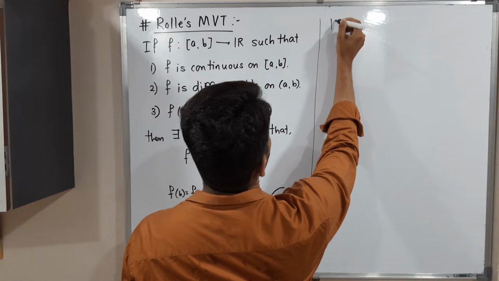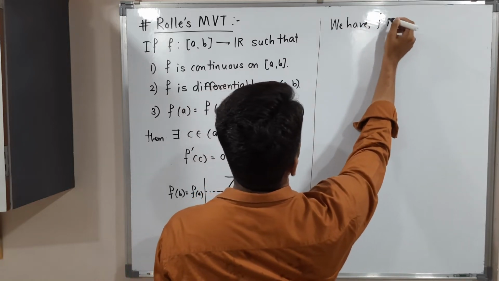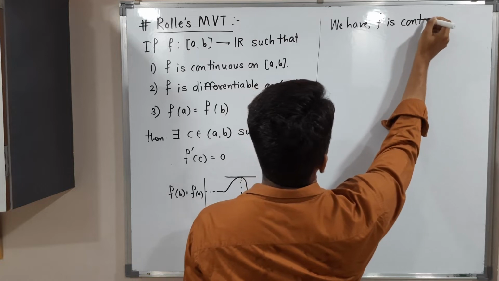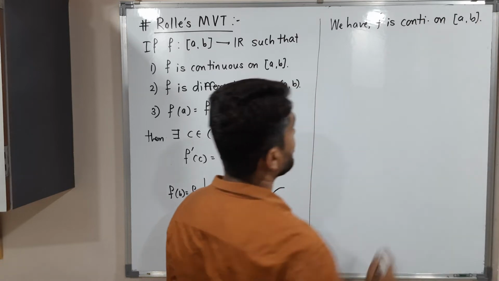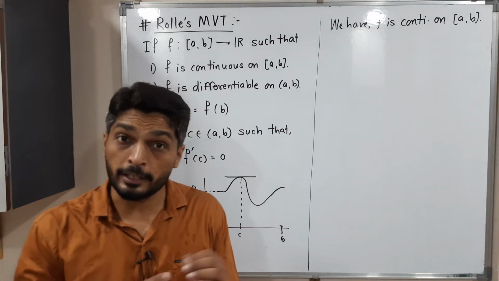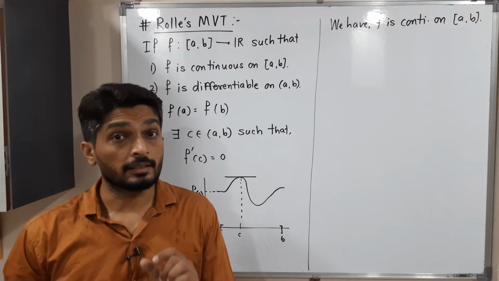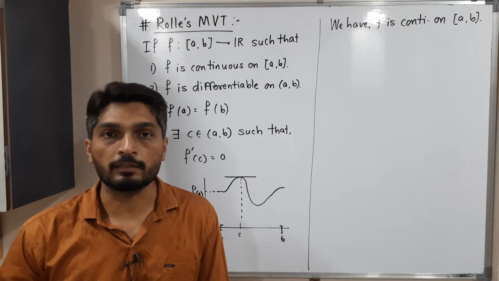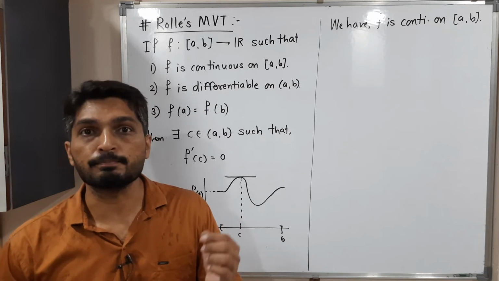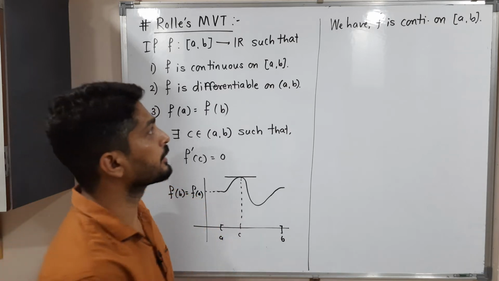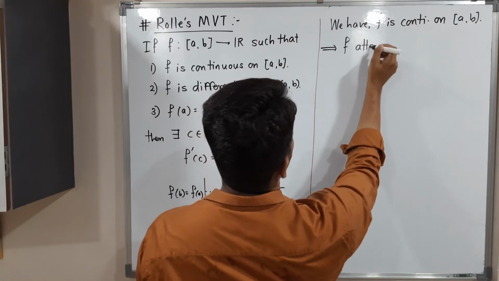We have f is continuous on closed interval [a, b]. So you know that if you have any continuous real valued function defined on closed interval [a, b], then the function attains its maximum value and its minimum value. So therefore, let me write here, implies f attains